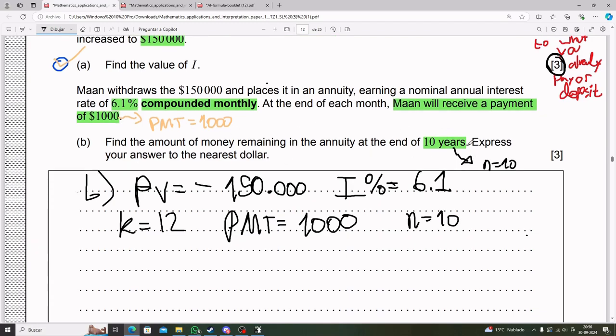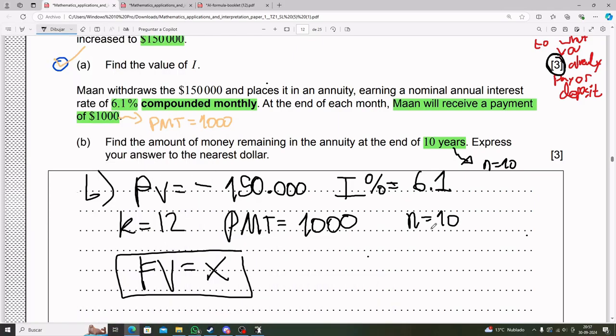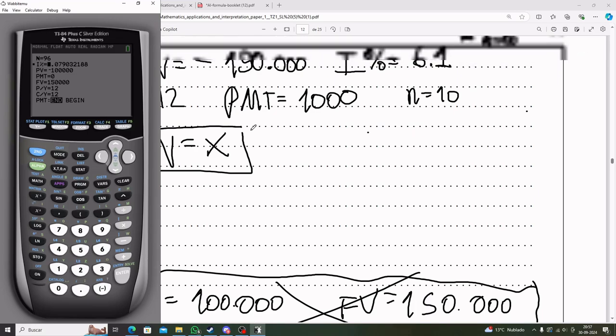This is pretty much it, ¿cierto? When it says find the amount of money remaining in the annuity at the end of 10 years, that is after a while, ¿cierto? That is later on. That is in the future. So the future value is actually what you're trying to find here. See? So in this context, big N, ¿cierto? Has to be K times N. So we can say that big N has to be